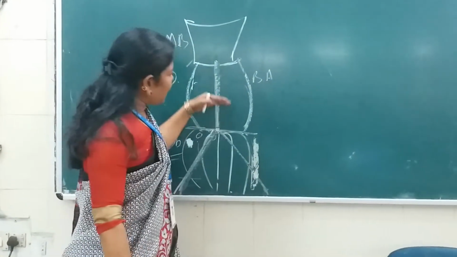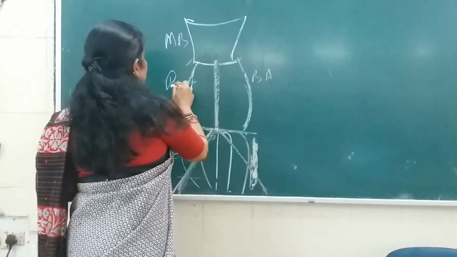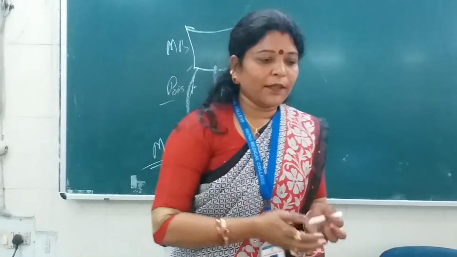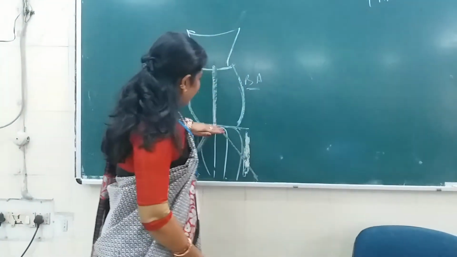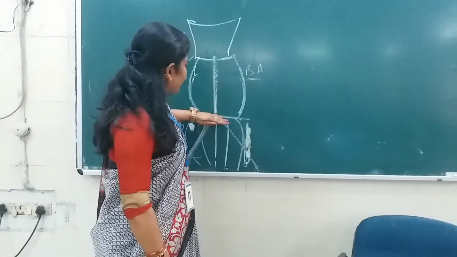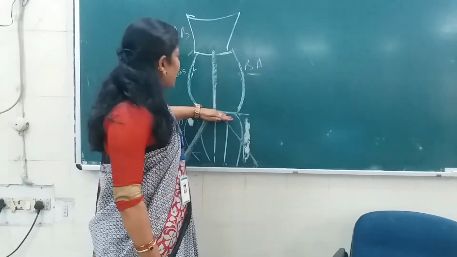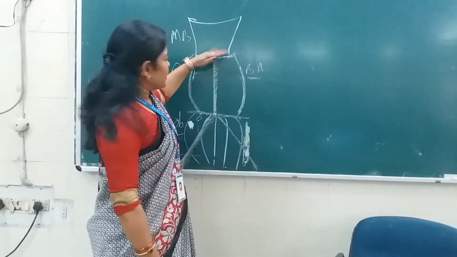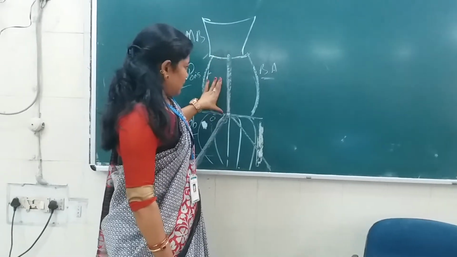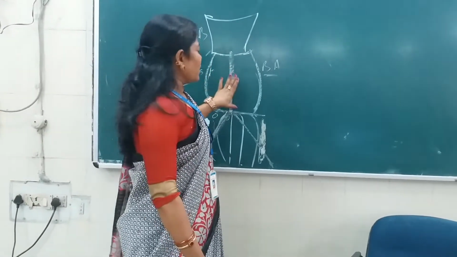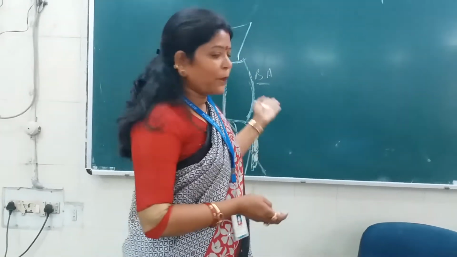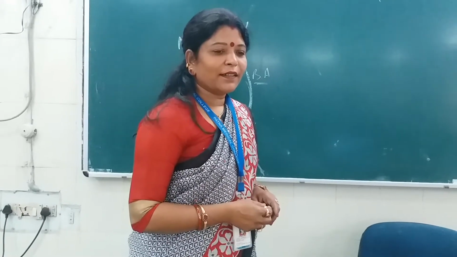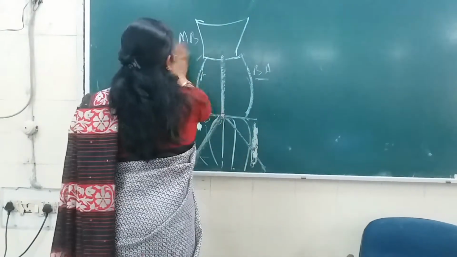Now tell me, below upwards, what would be the branches of the basilar artery? Anyone? Below upwards. Till here we have discussed in the previous class. Now from here, this is the lower part of the pons and this is the upper part of the pons, or you can say the lower border or the upper border of the pons. The basilar artery is only up to this space. So what are the branches here? Below up, the first branch is, yes, the anterior inferior cerebellar artery.